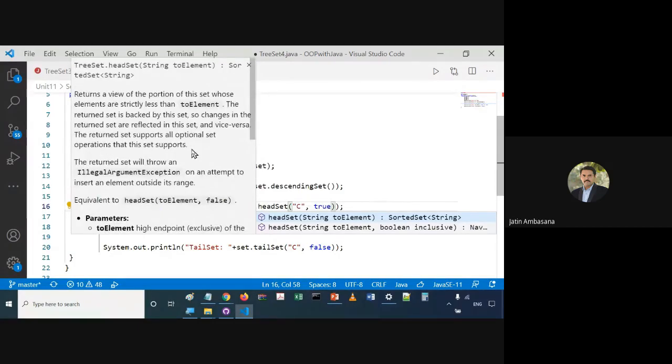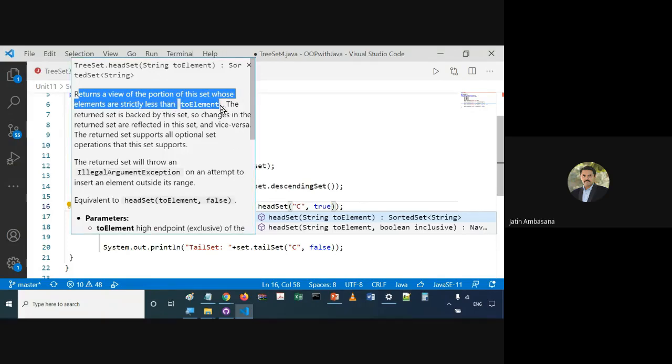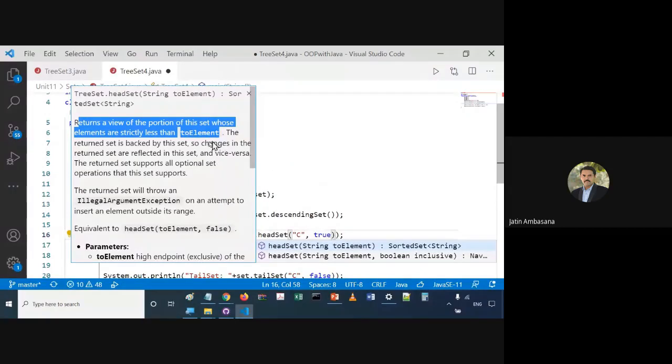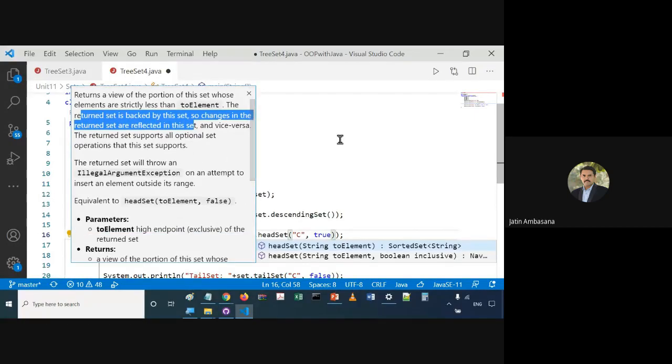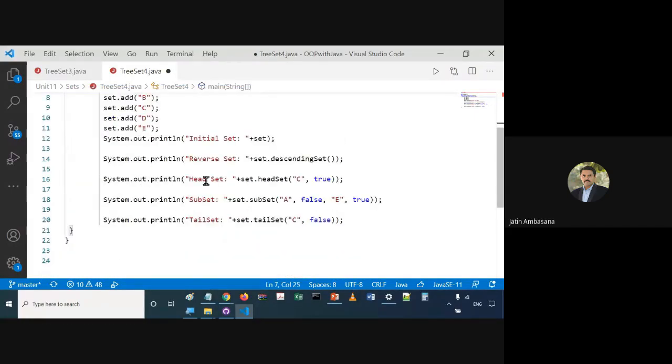Okay, so it returns a view of the portion of this set whose elements are strictly less than to element. Okay, and the returned set is backed by the set, so the changes in the returned set are reflected in this set. Okay, so let's see what happens when we say head set, and then we can even say subset.